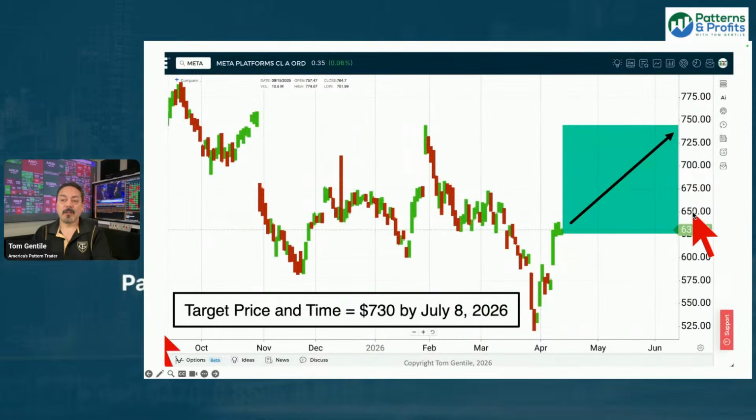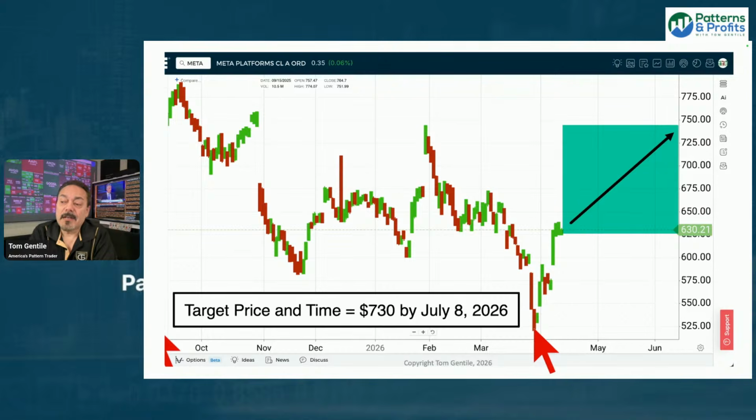Take a look at the stock of Meta, and you can see what's happened here since October of last year when it was at $775 a share. What pushed it lower was a combination of things. AI, the fact that many stocks pushed their chips in real hard on AI. Well, maybe that wasn't going to be the smartest move, even though AI is a smart move. Maybe everyone rushed to the table a little too soon. And of course, there was that news about the metaverse that didn't help them at the beginning, but I think it's going to help them long term because it's going to shift those dollars back where they need to be.